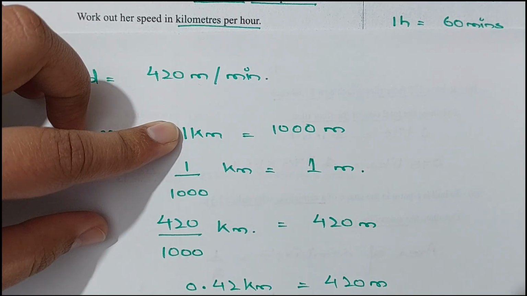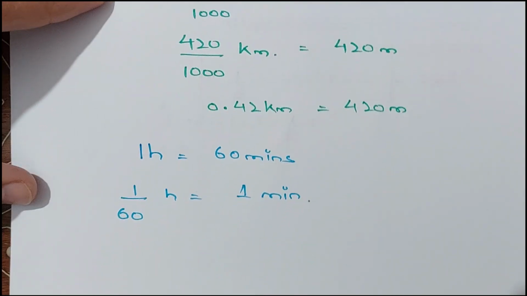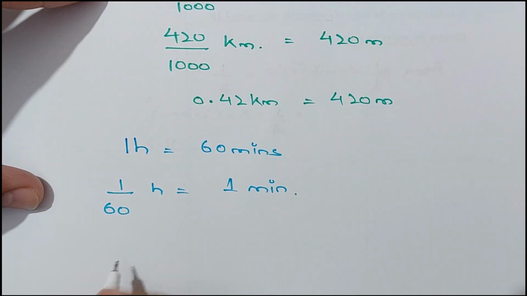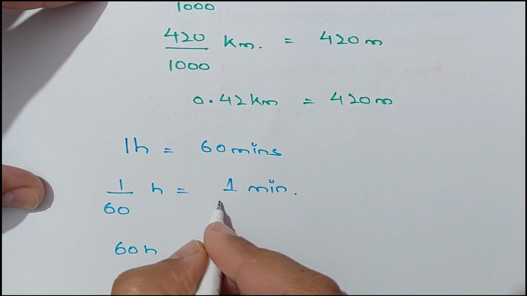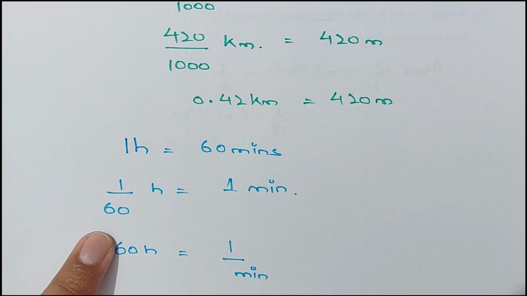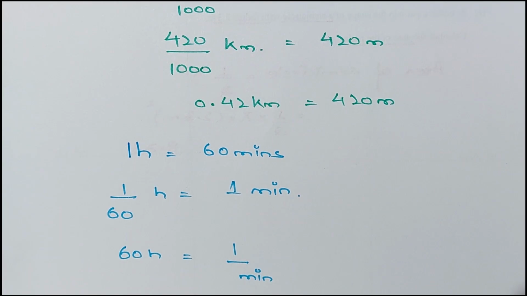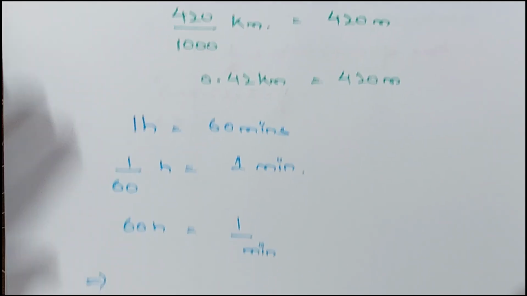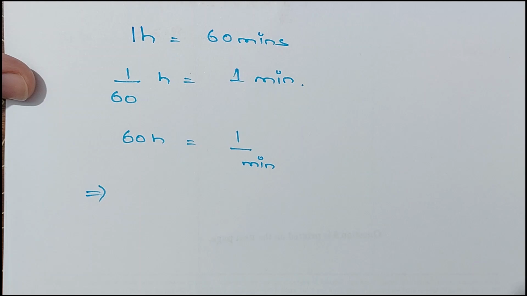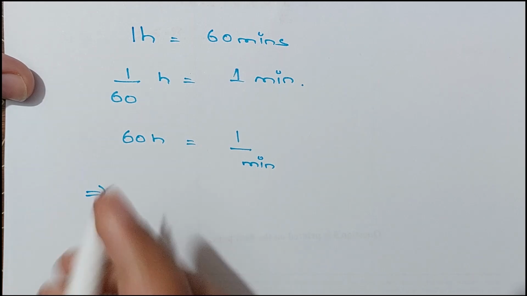So when we do per minute, 1 over minute, in the reciprocal, if we take 1 over 60 hour, its reciprocal would be 60 hour, and 1 over minute's reciprocal we will get 60 hours, right? Okay, now let me find this out. So we can say the speed